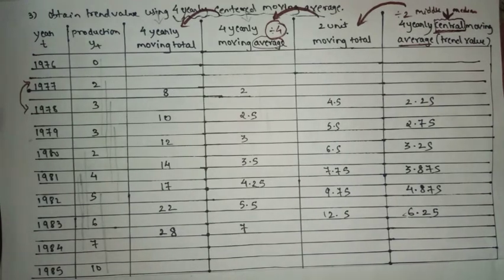So that's the end of the concept of, we can say, type number 1, where we saw one example based on 3 year, one example based on 5 years, and one example based on 4 yearly. It's not a moving average directly, it is 4 yearly central moving average. Understood? So now in the next part, in the next video, we'll start with our type number